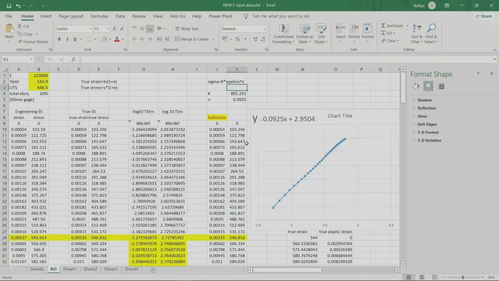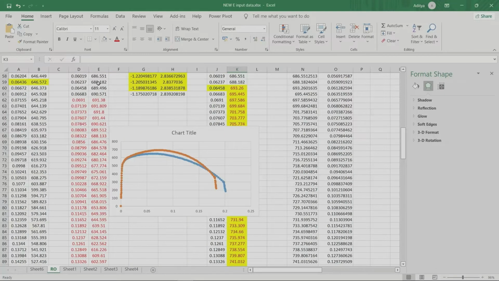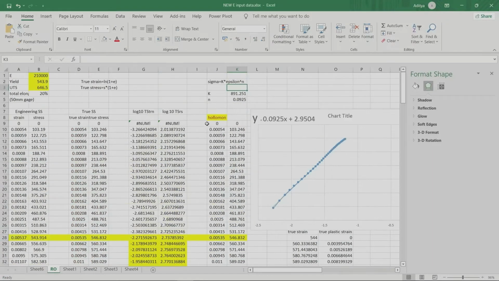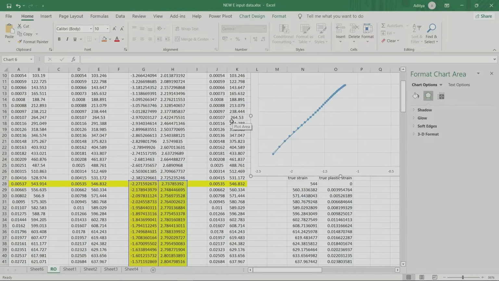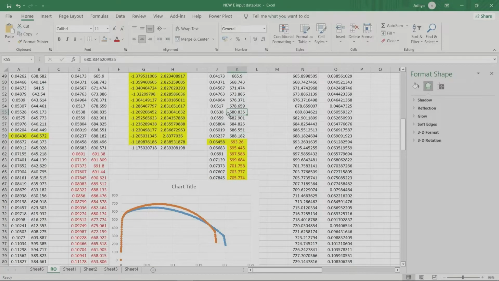So Holloman rule is extrapolation after that data, which is your peak or ultimate strength. So what you are going to do, we will name that data as Holloman data, and after this data, that is your ultimate tensile strength, this data has the same value as your true stress strain data.